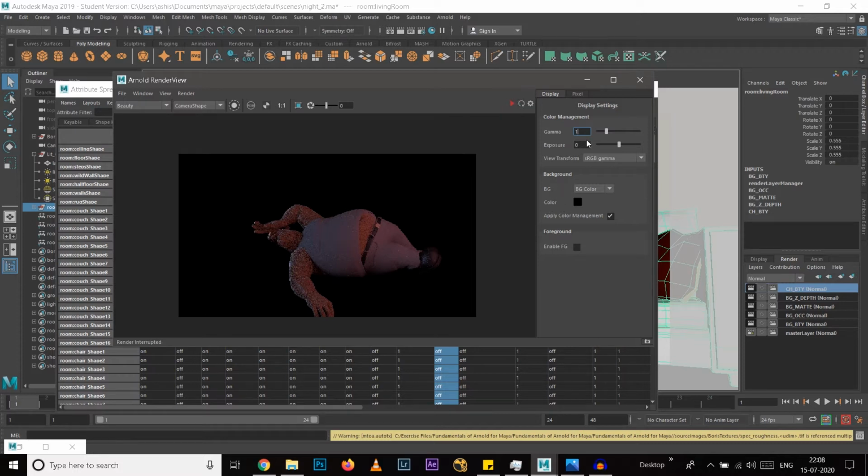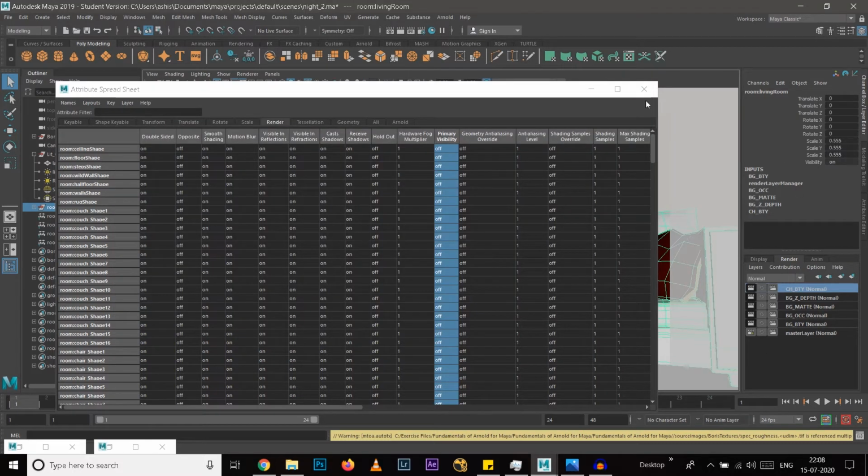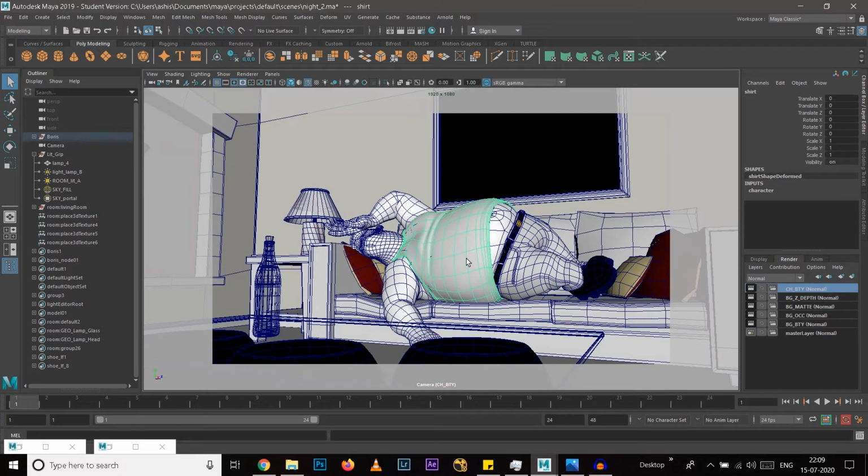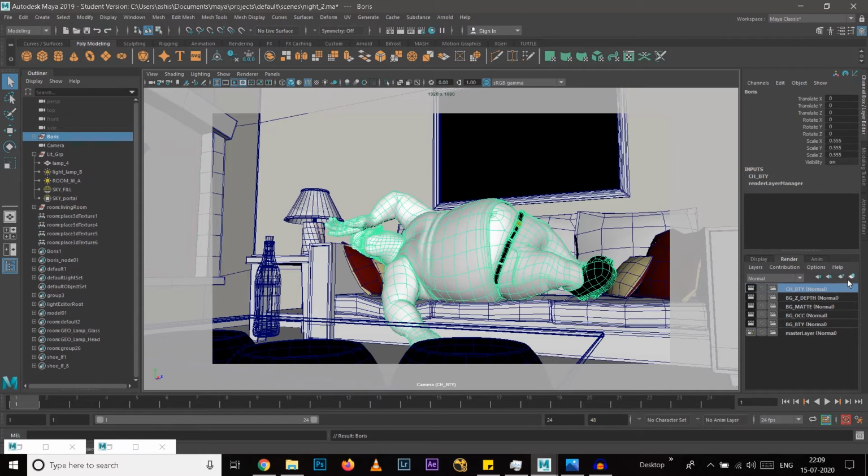Fine. So now we need to create other layers of the character. Okay, so for other layers, I will render a matte and occlusion, and z depth is not needed here because not many characters are there. There is a single character, so we will not create that. But we need to create a layer that will have this character's shadow on this background, also this character's contact shadows on the background.